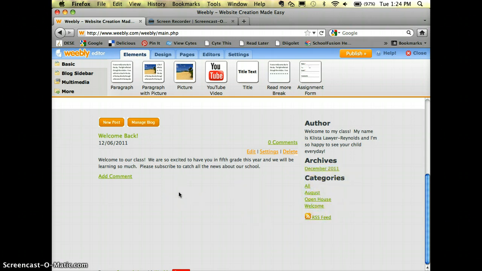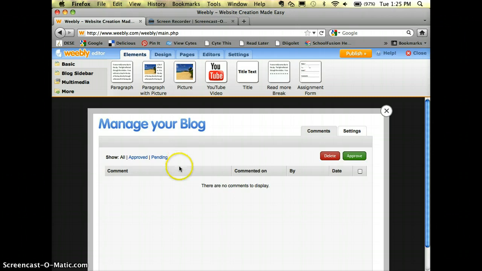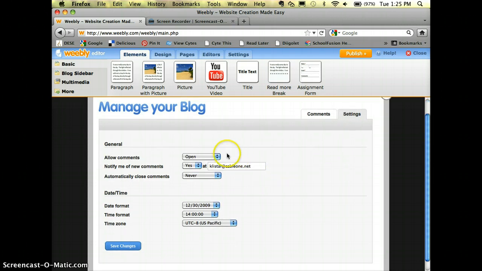Now, whenever I publish this, my parents can add comments to this. And it would probably be best if you change the settings on the comments so that way they don't publish automatically. You're going to do that by going to Manage Blog. And my comments, let's see here. Let's go to Settings. Allow comments says it's open. I want to approve them first. And it's going to email them to me at my email address. And then I'll just hit Save